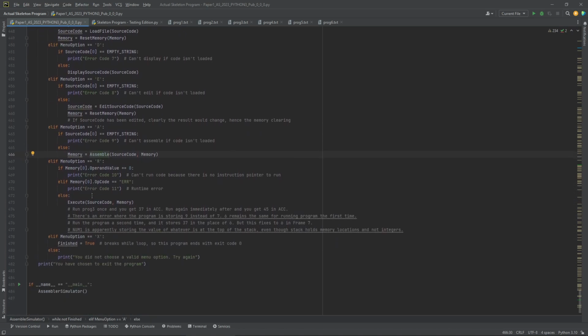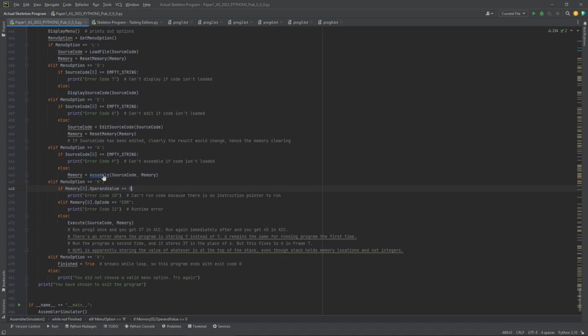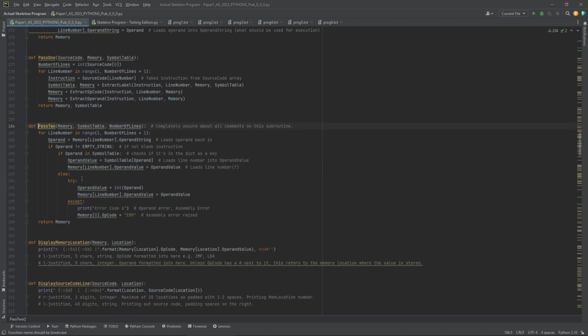Bane of my existence, running the program. Well, it's going to check if the operand value is 0, because this is going to hold the line number you're jumping to, as shown here in assemble with pass2. For each line,